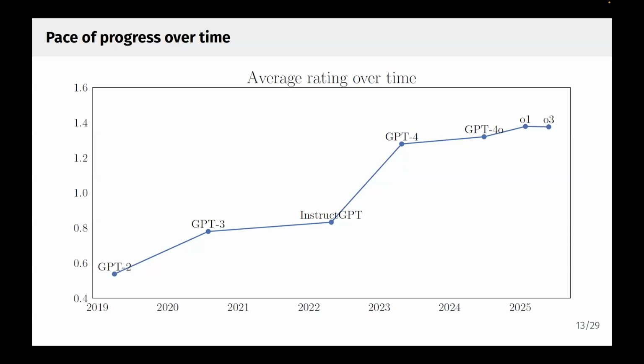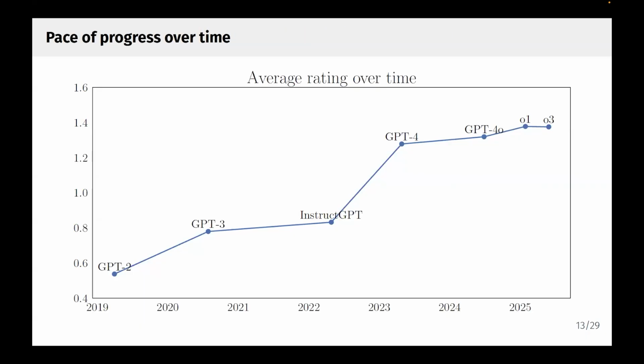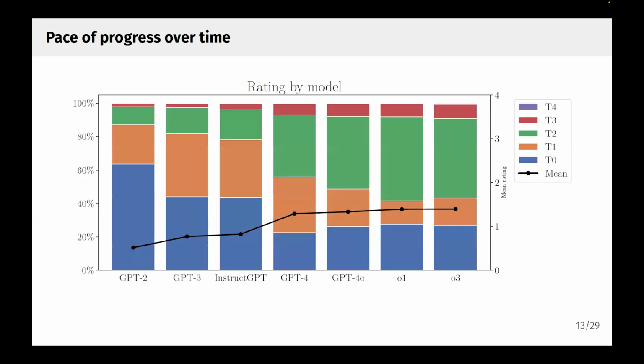So what we're doing here is taking each model, taking the average score across all the tasks for that model, and plotting it over time. Remember the scores go from 0 to 4, the same thing we talked about earlier. It's kind of reassuring that it's going up over time, and the biggest jump happens from 3.5 or 3 to 4. It's worth noting that even O3 only gets you a little bit above 1. You're not getting anywhere close to 4.